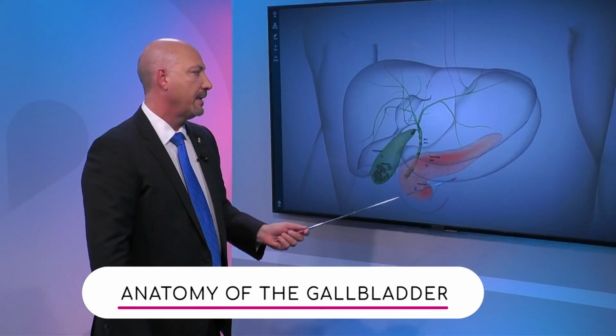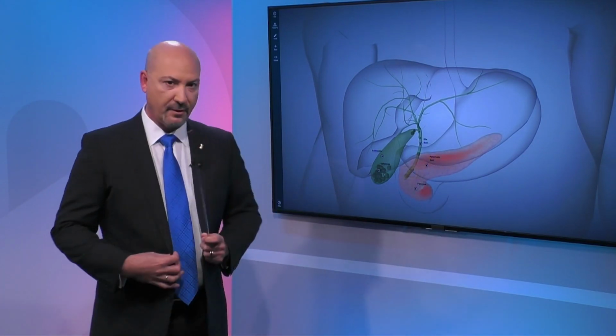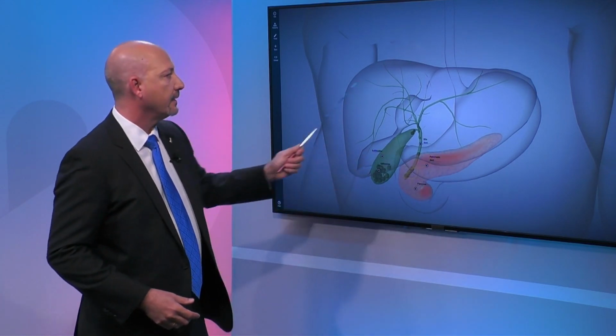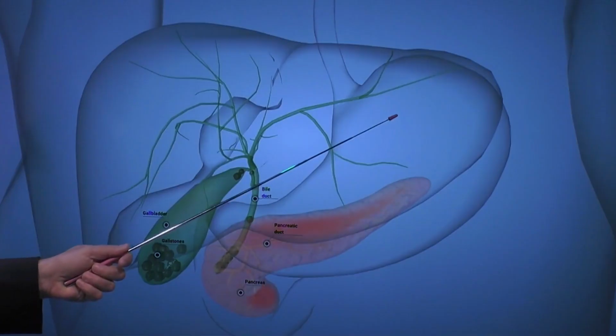All right, so what we have here is a diagram showing basically the right side of the abdomen. If you were looking at me, this would be the area we're looking at, and located right up here is the liver, which we're outlining here. The liver is a very important organ, as you know, but one of the things it does is it makes